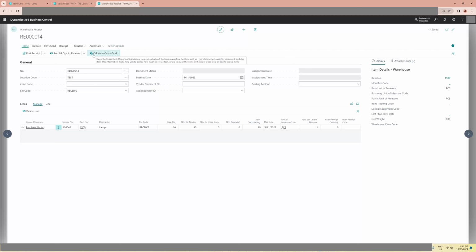Okay. Now we are in the warehouse receipt, and you have something called calculate cross-dock. If you hover over this function, you will see this function searches for cross-dock opportunities. If there are any cross-dock opportunities, then you have to click on it to search whether there are any cross-dock opportunities available. So if I click on calculate cross-dock,